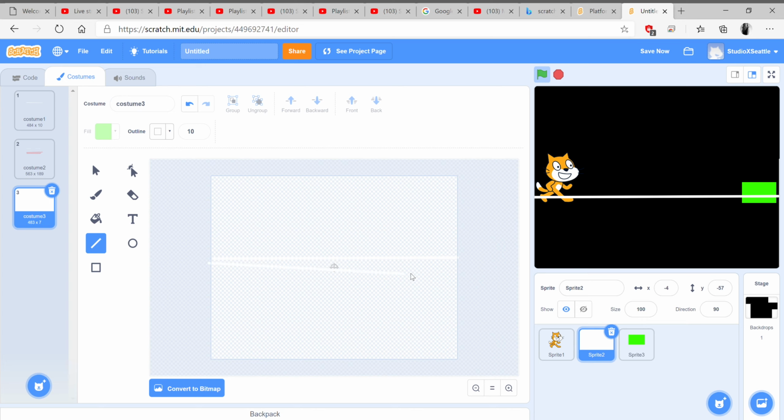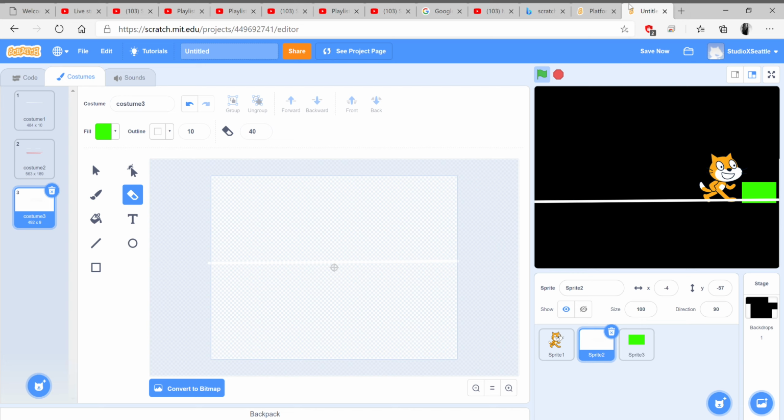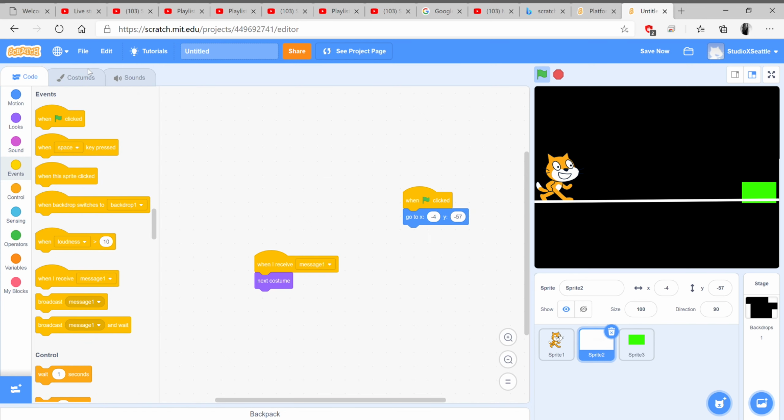Should we maybe go a little lower? Yeah, right there is good. And we erase the top line. There we go, we erased the top line. And now we can just walk and get to the green block. But we'll put some stuff in the way. Like, you know it,